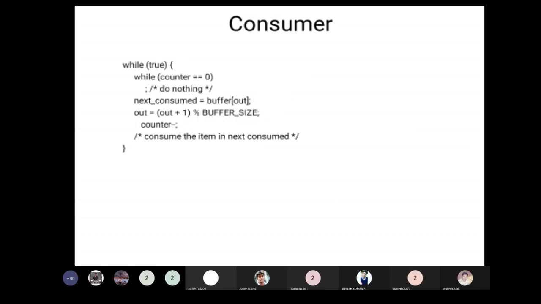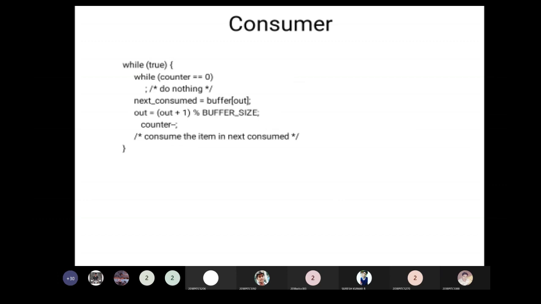Now from the consumer side, how is process synchronization going to be achieved? From the consumer side, again, while (true) means there are some items, so now it is ready to consume. It checks whether counter equals 0. It is using the same variable counter, which acts here as a shared variable.